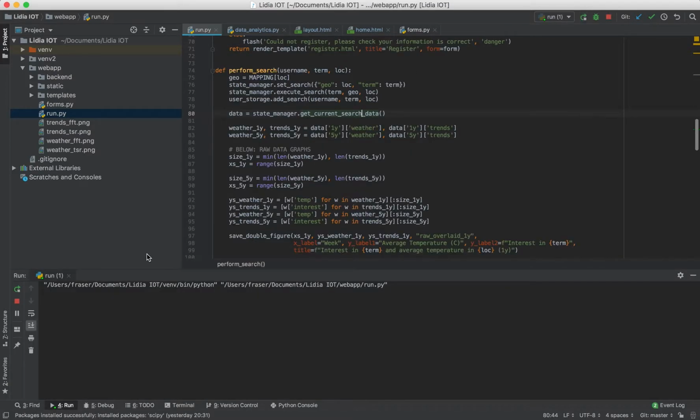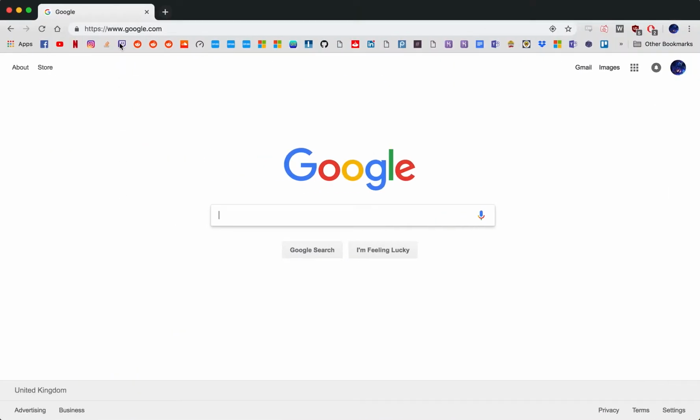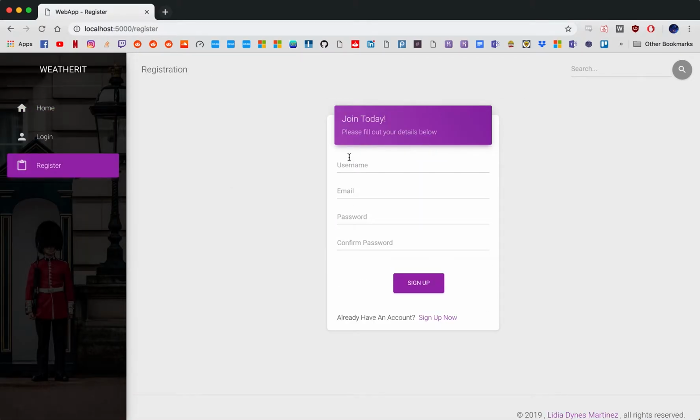So if I run this, I'm doing it in debugger mode, so I can quickly see changes as I make them. So if I go to my local host, this is the main home page. So you can see there are really nice built-in animations. If I go get started, if I just input random information here